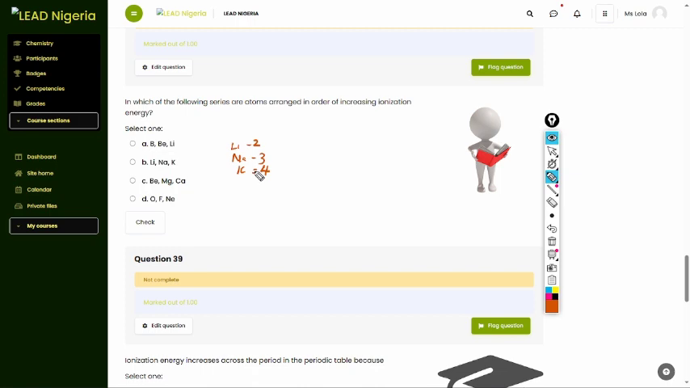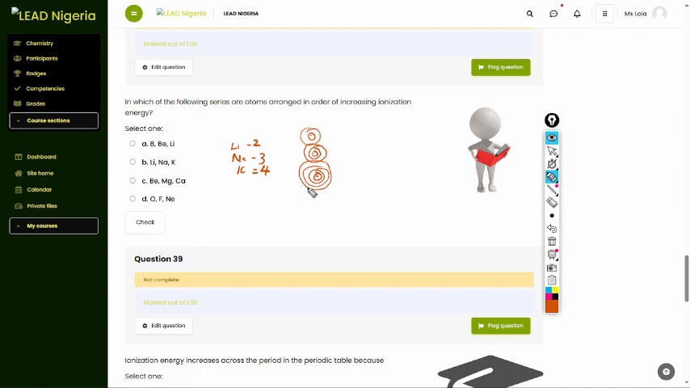Okay, so as you're going down the period, the number of shells increases. Lithium has 2 shells, sodium has 3 shells, and then potassium has 4 shells. Oh, I should have drawn that bigger. Okay, so what you notice here is that as the shells are increasing, the distance from the center of the